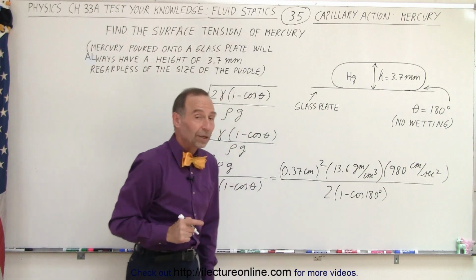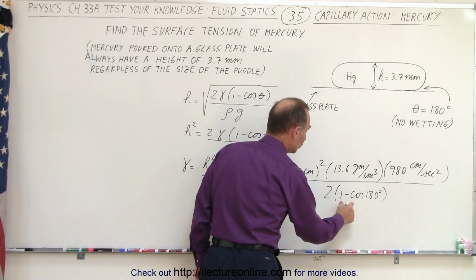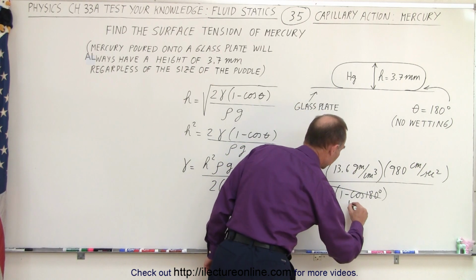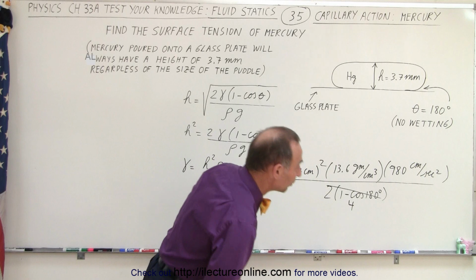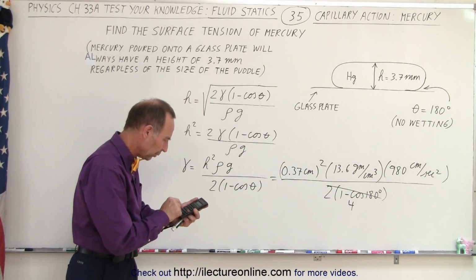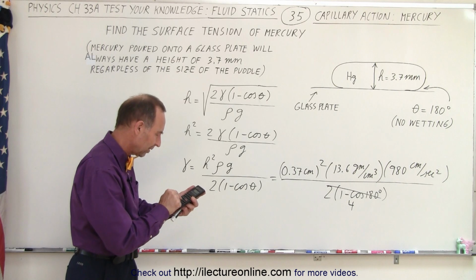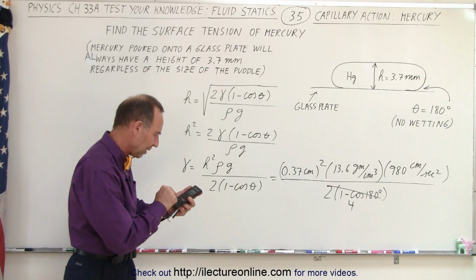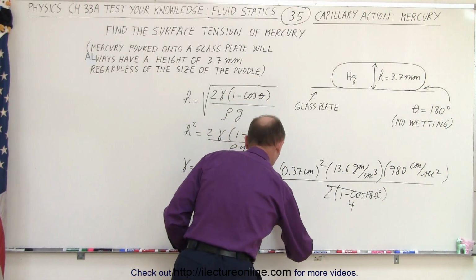Now, of course, the cosine of 180 is a negative 1. 1 minus a minus 1 is 2. 2 times 2 is 4. So this whole denominator can be replaced by the number 4. So now let's see what that is equal to. 0.37 squared times 13.6 times 980 divided by 4 equals, and that's 456